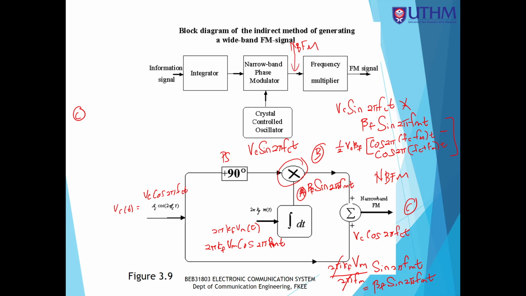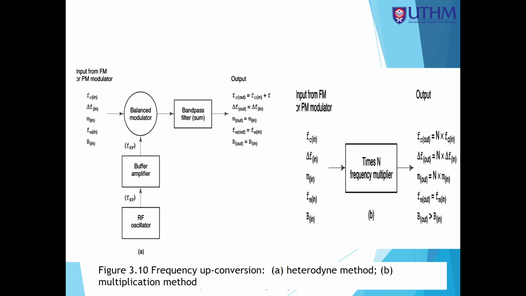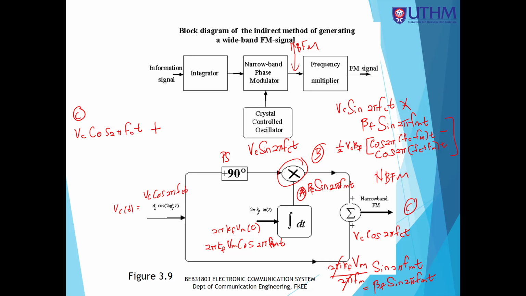So therefore you akan dapat VC cos 2 pi FCT ditambahkan dengan 1/2 VC beta F cos 2 pi ini lower sideband, lower sideband FC minus FM T, and then tolakkan dengan upper sideband 1/2 VC beta F